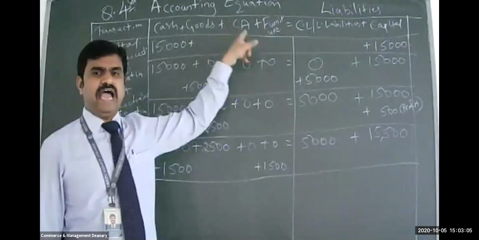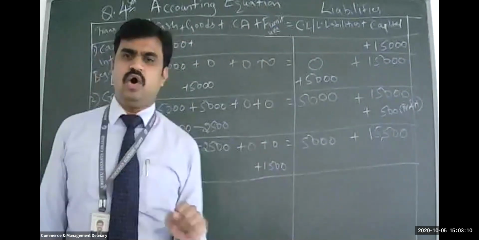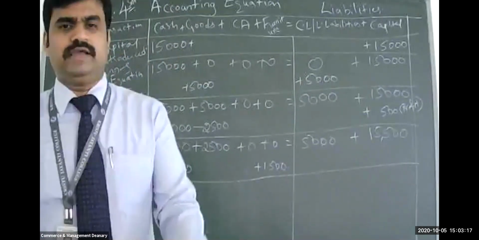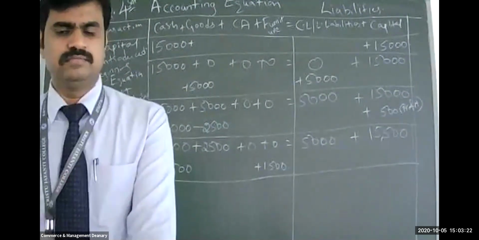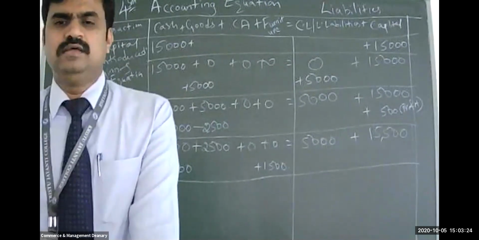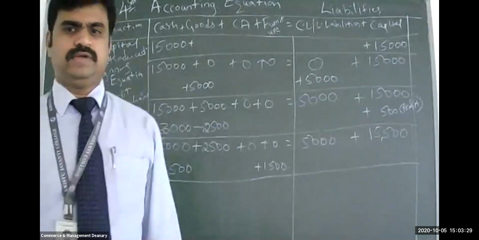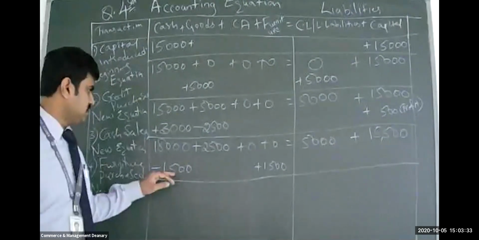Sir, can you give any examples of current assets? For example, debtors, cash, bank balance, advance payments, all of these come under current assets. Please read the LMS, where I have given the theory notes and examples for fixed assets and current assets. Please also watch my recording of the first class last Monday. Still, if you have a doubt, please ask.